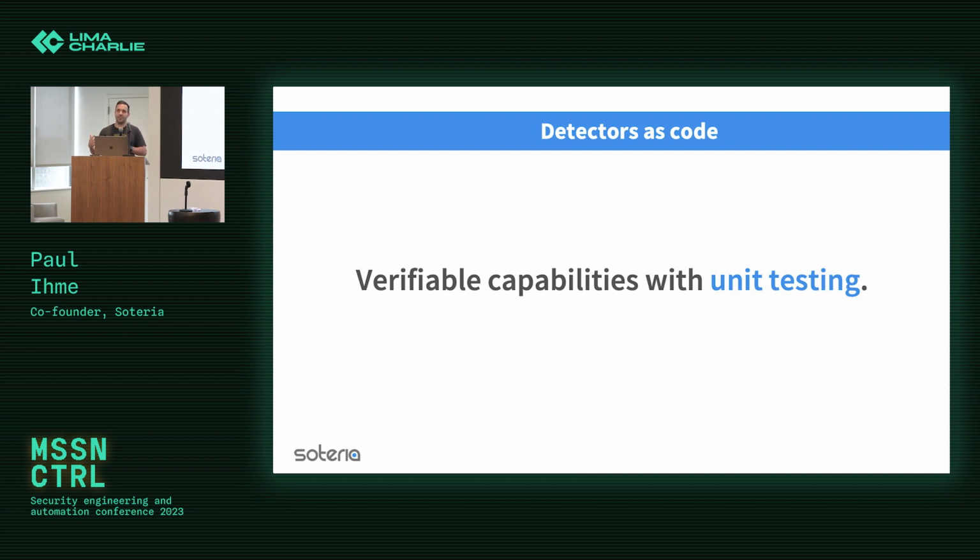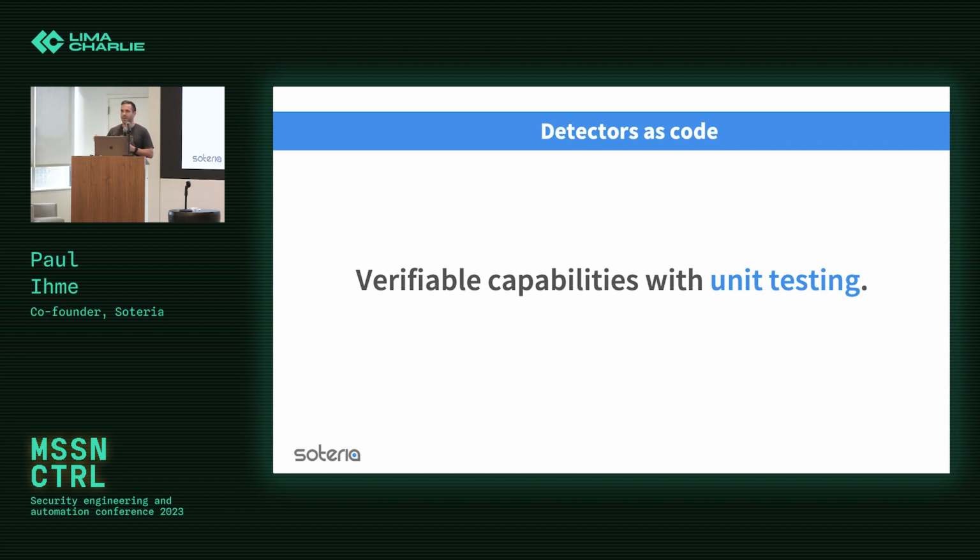And finally, verifiable capabilities with unit testing. If you've been a software developer and you're doing it in a mature way, you know that anytime you write a new function or a new API, you need to have unit testing. That way, before you push anything into production, you have a way to automatically test it to make sure it's doing the things it's supposed to be doing and achieving those basic functionalities. So we can do this as well with detections. We should never push something into our production environment without knowing that it's not going to break our detection capabilities.